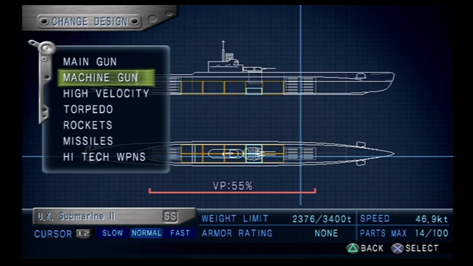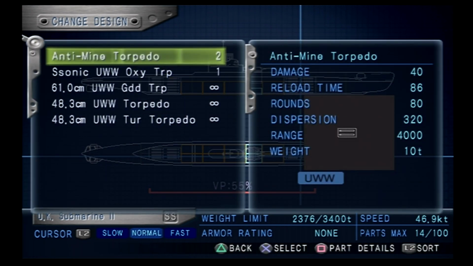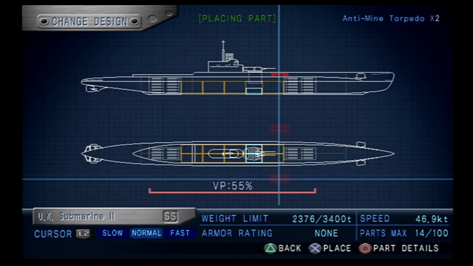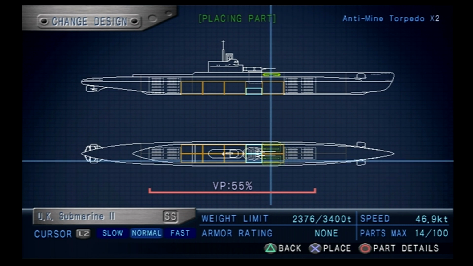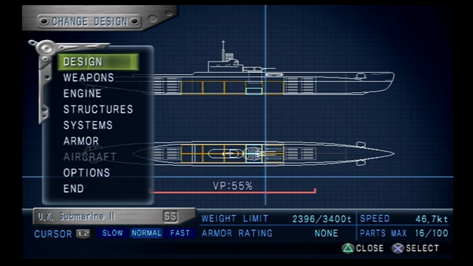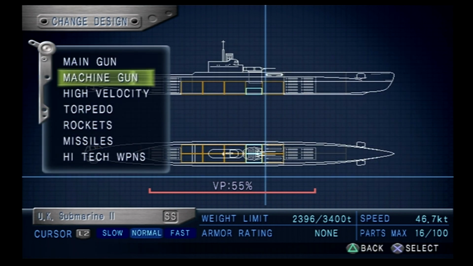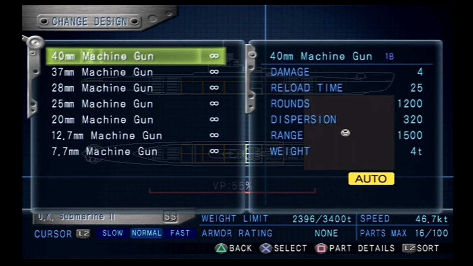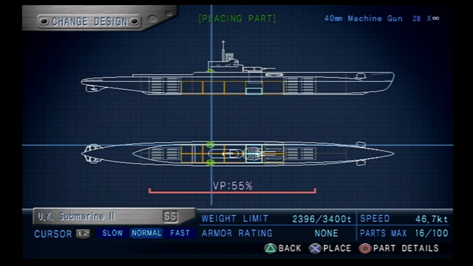anti-mine torpedoes. Not that we need them for this mission, but I want to have them. So, yes, anti-mine torpedoes. We could do this and have more of them. And they're not that heavy, so that'll just increase our ammo capacity on those, which is good. And of course, we want the machine guns up here. I don't think you can put... No, you cannot put CIWS on a submarine because they cannot go underwater, so...